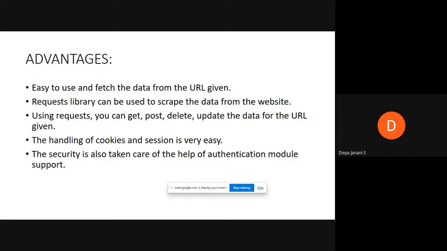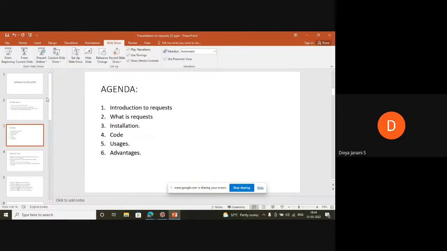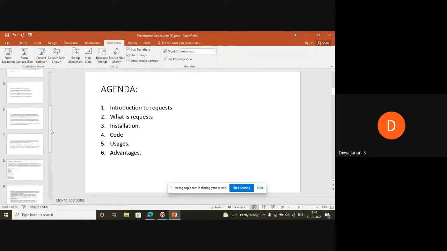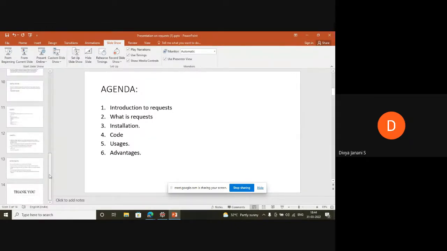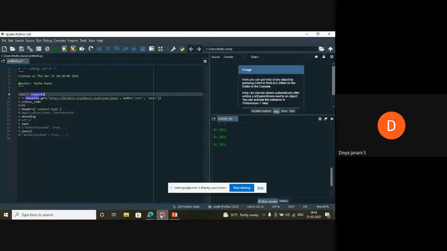From the requests library, how are we going to extract the data? So this is about requests. It's actually very simple, and we can see this with a practical example as well. Now, this is Spyder, the IDE platform I'm using. You can try with different IDEs also. First, I have installed requests on my system. If you want to do it for the first time, open the command prompt and just type